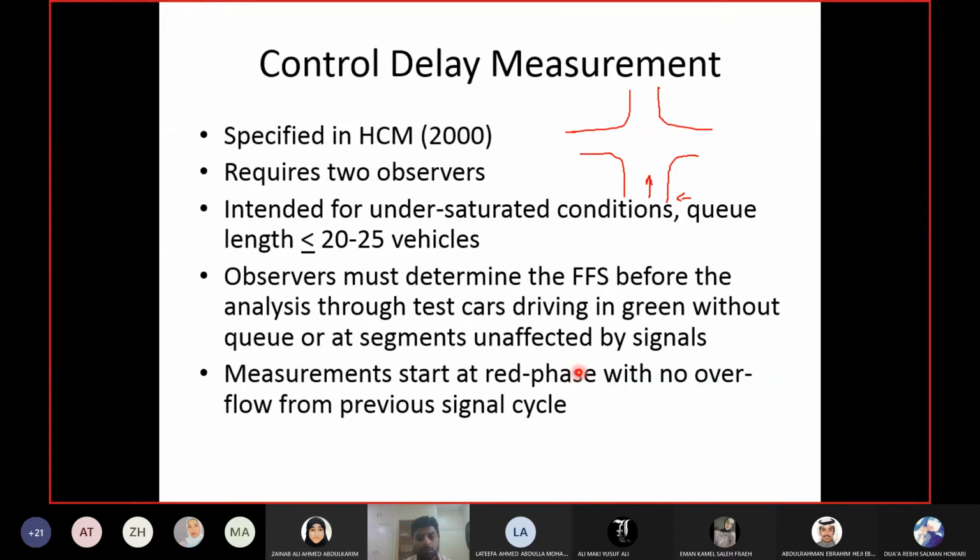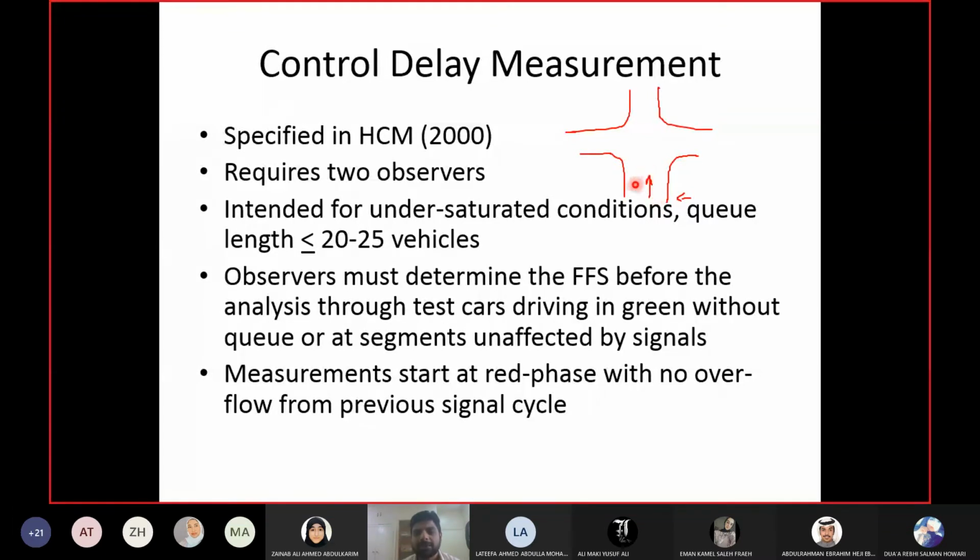Another thing which you have to do before you start the survey is find out the free flow speed. Free flow speed, I told you, basically you have to do a spot speed study for the side of the signal where you will find out the delay. Do a spot speed study for the highway on that side. For example, this is an intersection. This is the side for which you will find out the delay. So on this highway or this side of the highway, do a spot speed study.